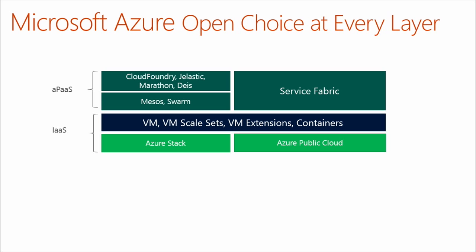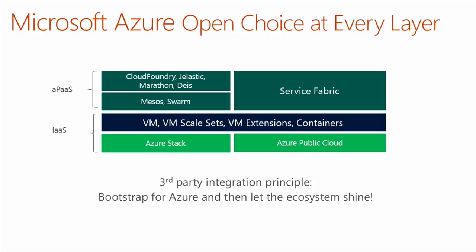Now, on the open source side of things, we have similar technologies available. Mesos and Swarm are open source projects that allow you to do clustering of VMs, right? Basically managing lots of VMs at large scale as a single logical unit. And also you can do updates and deployments without impacting the application layer. So you could totally plug that on top of the VM layer that we have defined on Azure. And you also have a separate layer of orchestrators that layer on top of cluster managers like Mesos and Swarm. Examples include Cloud Foundry, Jelastic, Marathon, and Deis. These are application level platform as a service orchestrators, and we'll talk about each one of them and how you can get started on that in Azure.